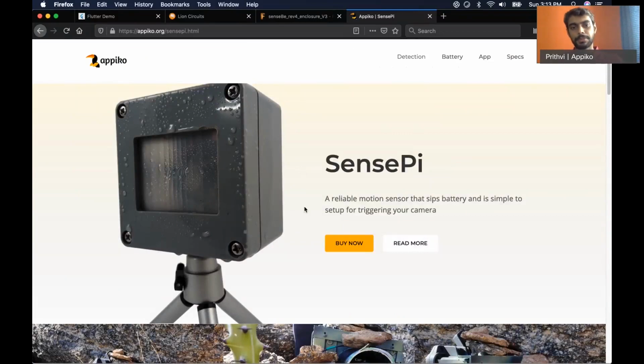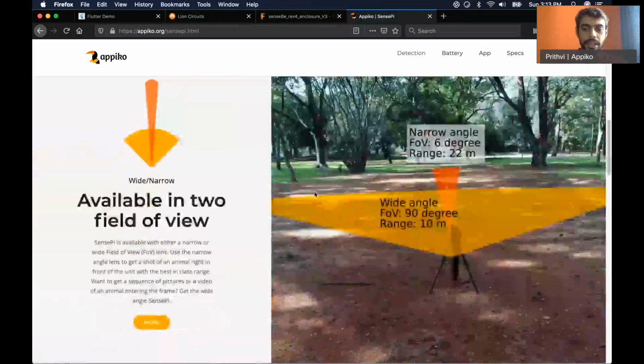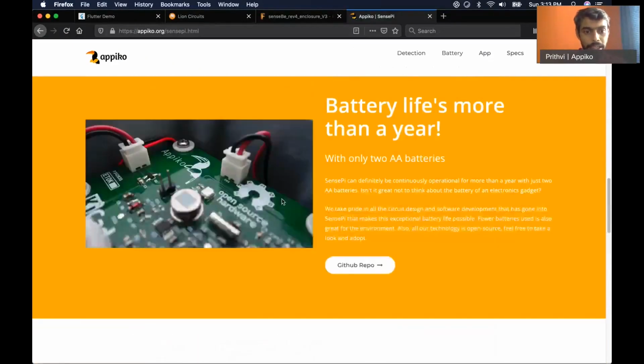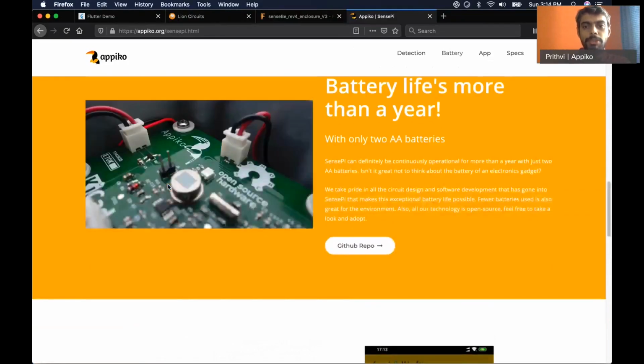So we need circuitry for that. We would need batteries and power connection to the system. We would need a processor to be able to capture this signal from the PIR sensor's amplified output.